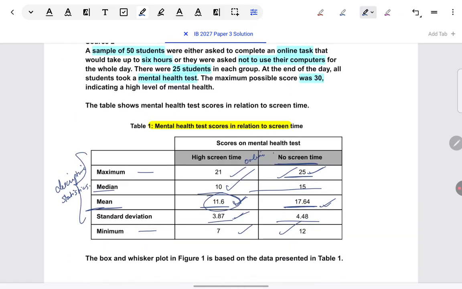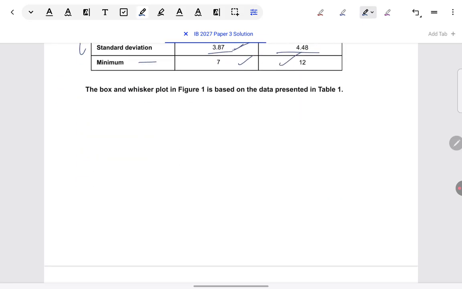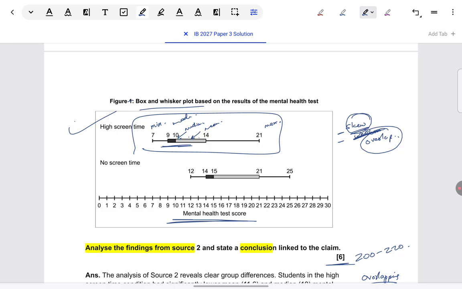I know you can compare the relative positions of mean, median, and mode to make that out. But still, I would say the box and whisker gives you a very good visual inspection so that you don't go wrong with the skew. So I would recommend taking it from there. And overlap is possible with box and whisker. So those two things I would suggest you take from the graph. Numbers, quantities, because you might get confused in box and whisker, though it's given here also, just take them from the table.